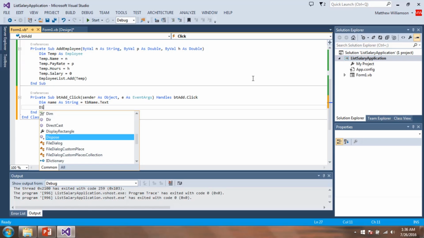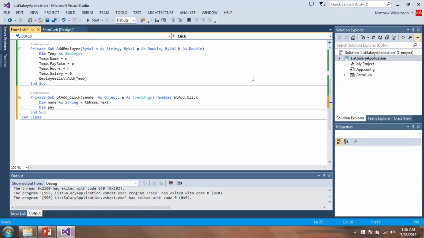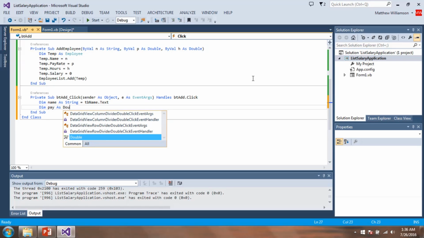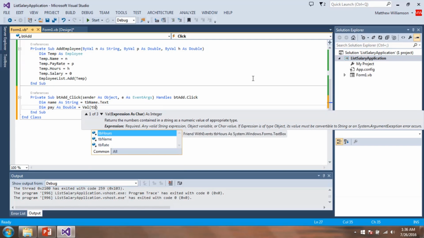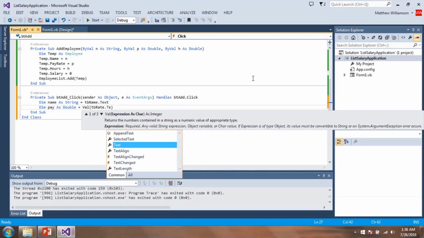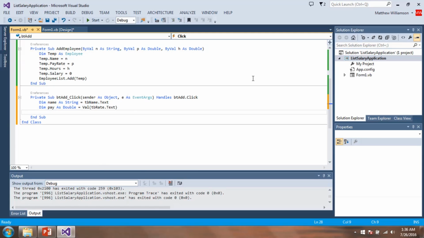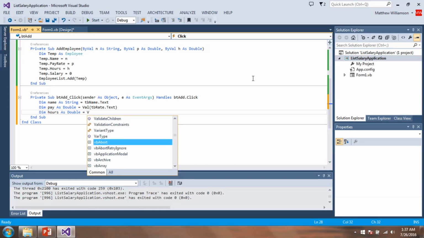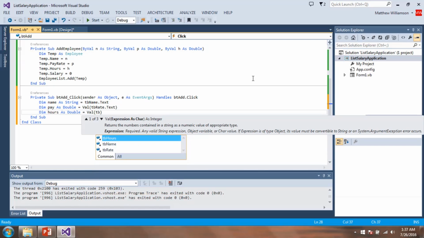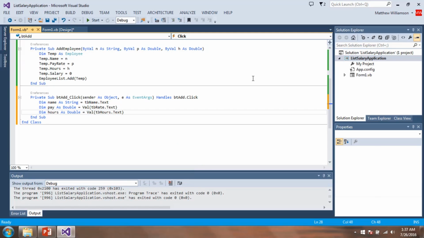All right, so then we'll do the pay rates. We'll do pay as double, and we're going to use the val method to give us that result. So we're going to do tb rate dot text, and then dim hours as double equals val, and then we'll do tb hours dot text. Okay. So that gives us the